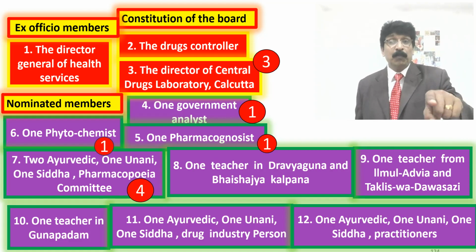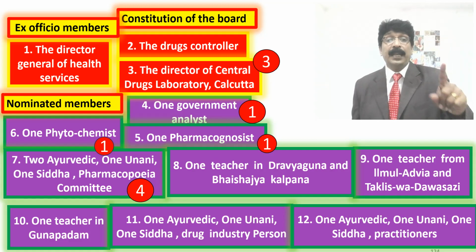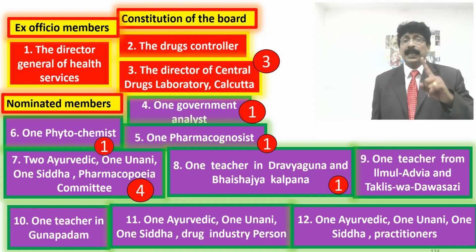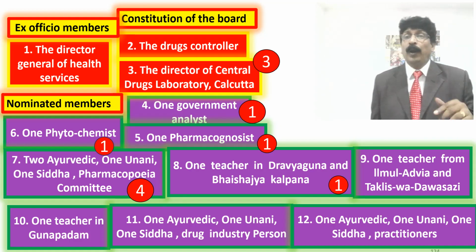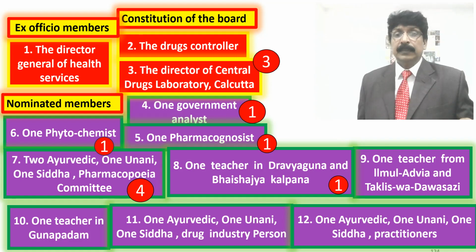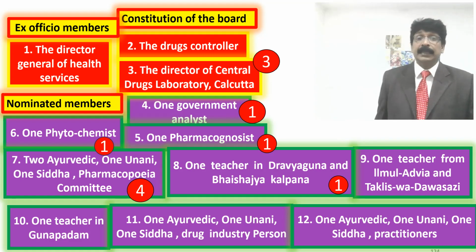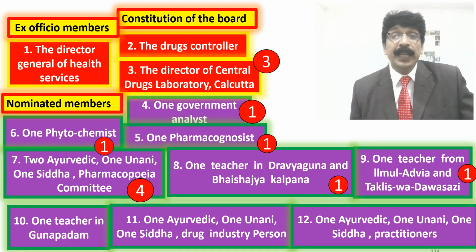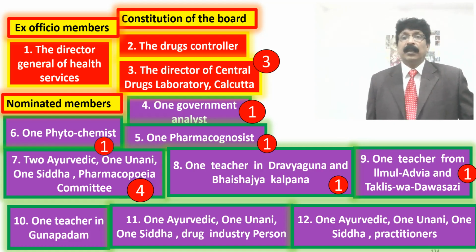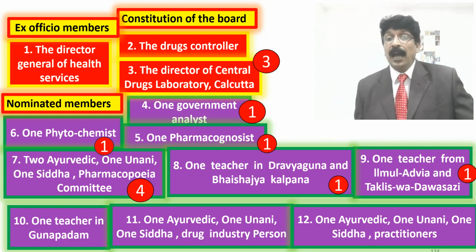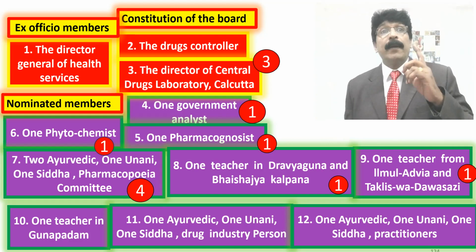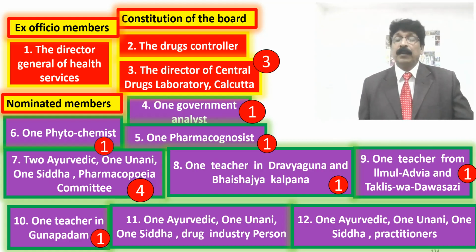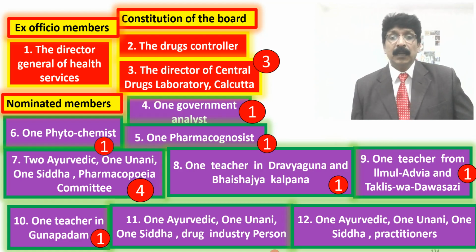4 members because 2 Ayurveda, 1 Unani and 1 Siddha pharmacopoeia committee members, and 1 teacher from Ayurveda who deals with the Dravya Guna and the Vaishya Kalpana, and 1 teacher who deals with the Unani subject Ilmul Advia and Taklis wa Dawasazi, and 1 teacher from Gunapadam of Siddha system, and 3 members, that means 1